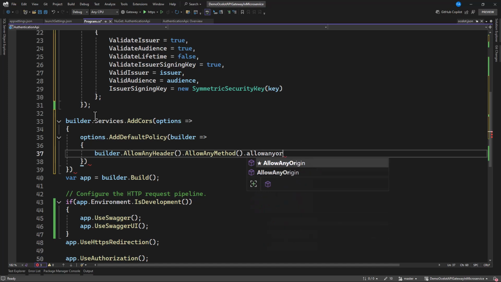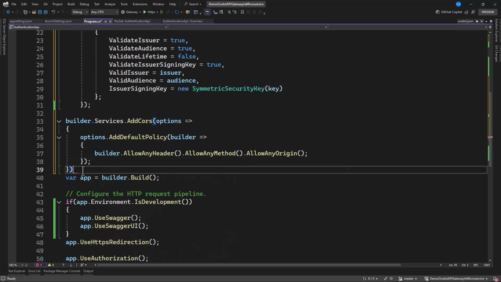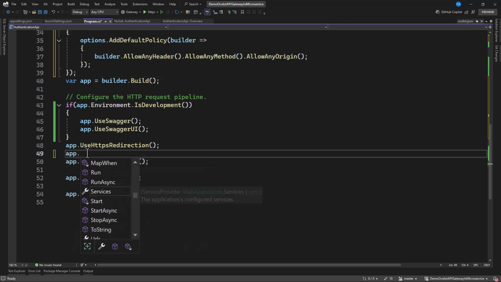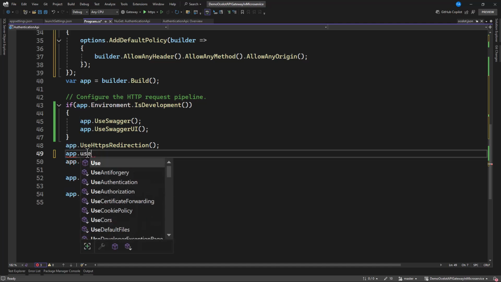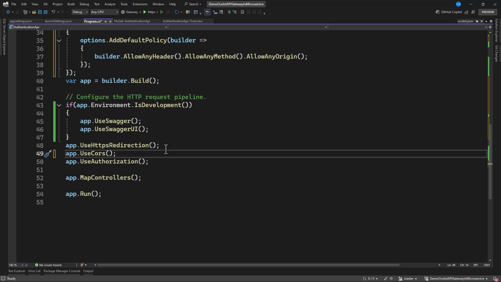That is what we want. So when we are done, let's register this with app.UseCors. Okay, so we have this set.